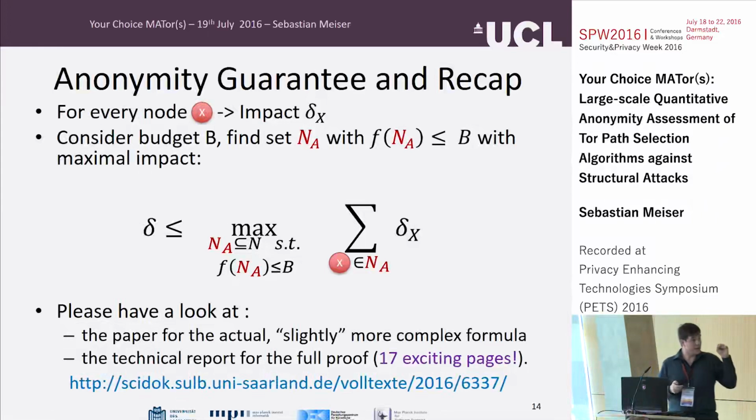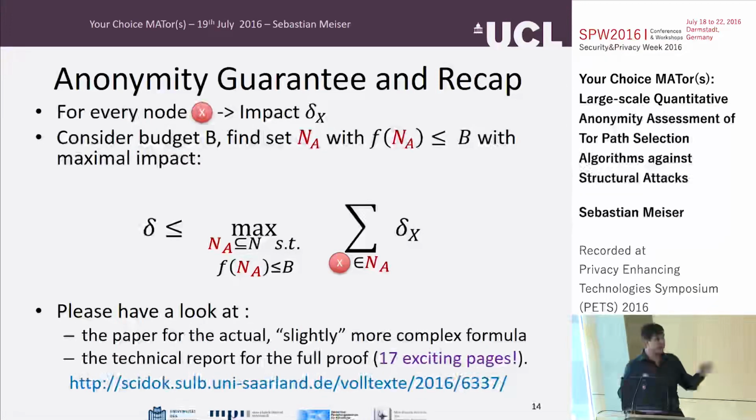All right. Now, since this is advertisement anyway, please have a look at the paper for the slightly more complex formula of how we actually do things, because you have to take care of a couple of very interesting side conditions. And also have a look at the technical report for the very exciting 17 pages of proof, which are interesting because the adversary can learn stuff if he does not make observations. That is something we also have to capture that made the proof kind of complicated. If the adversary has a slightly lower probability of not seeing something, then of course that also helps in figuring out who the recipient of a message is.